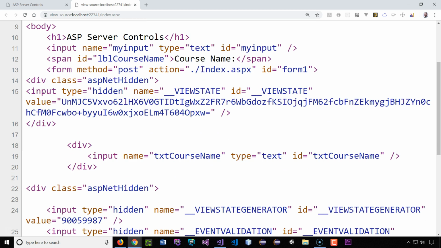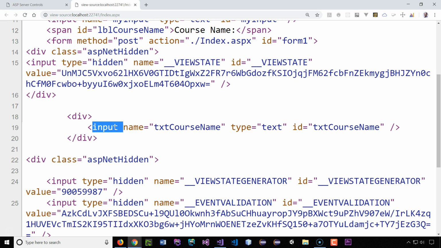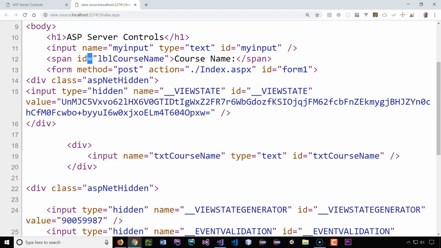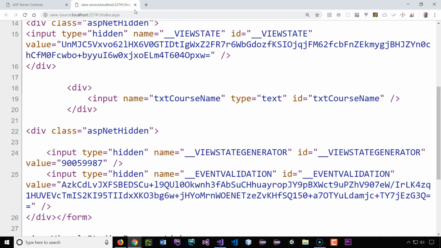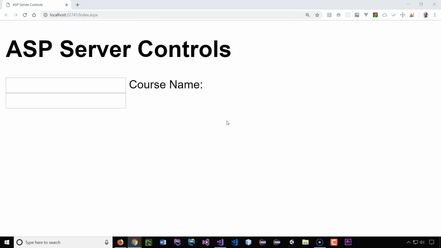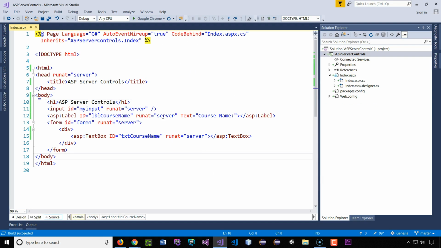Then inside the form, we have the input, and a hidden field called the view state, again because it wants to retain the data for this field, and also this field here as well, the label. And then there's the course name and the data and so forth. Okay, so back into the code. Alright, so we have the label there, a really simple application to show you that there are different types of